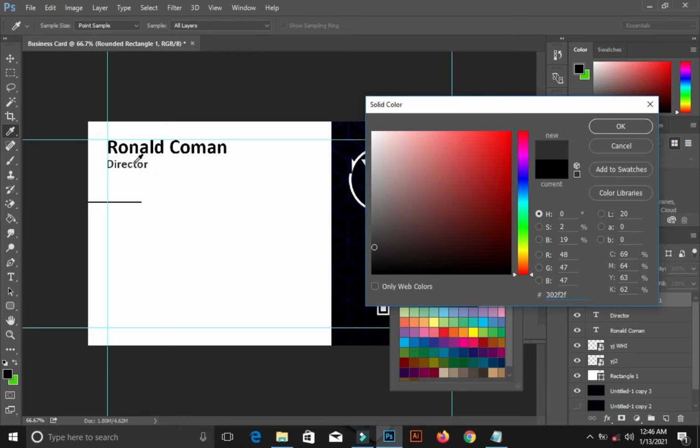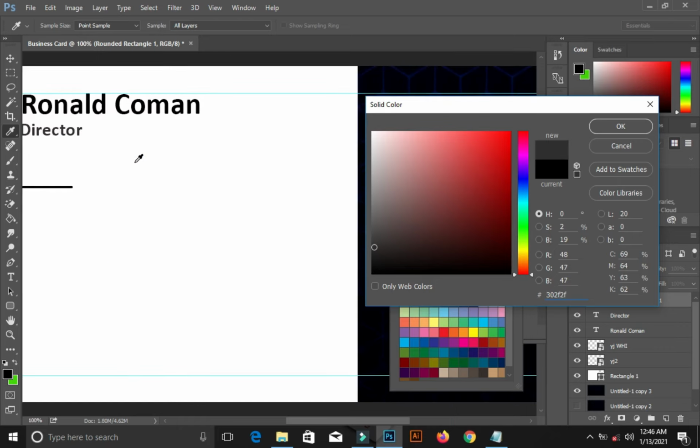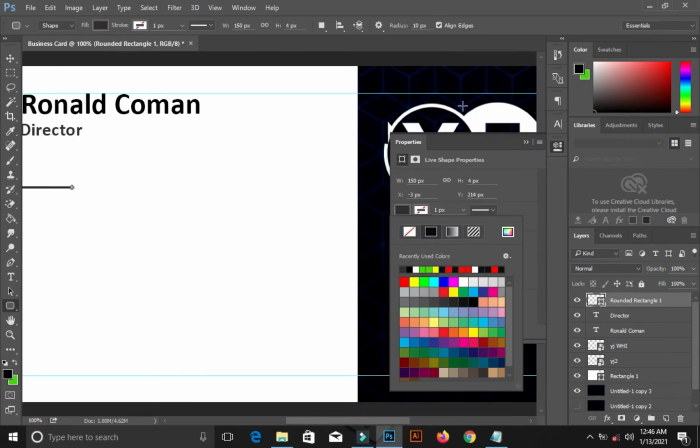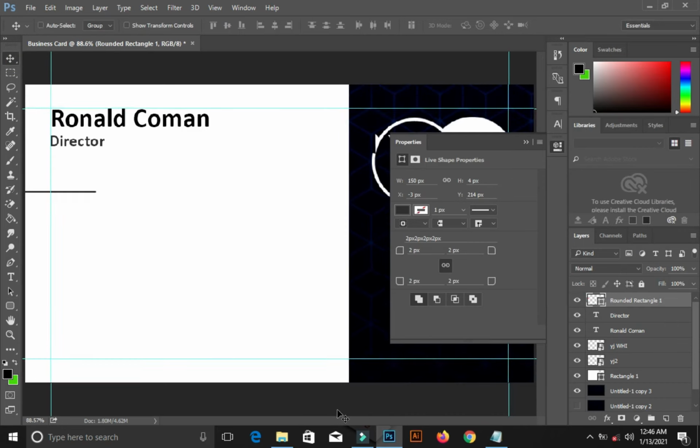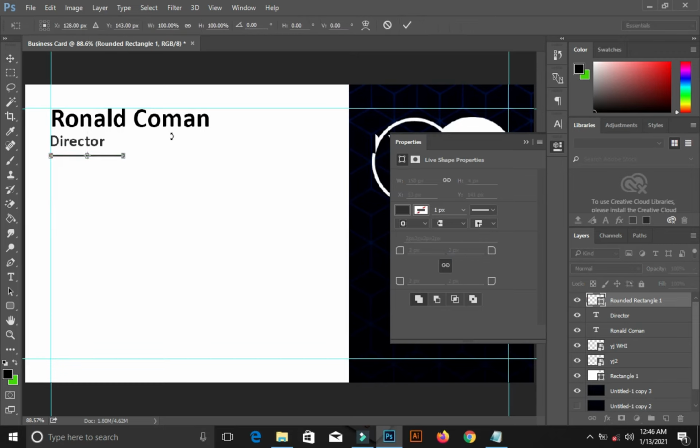Use it to pick the color on the director. For example, I think I'm not seeing it. Let me zoom in properly. You have picked the color, hit OK, and that's for that. Let me zoom out. Okay, I notice it's too big. I want to adjust it.